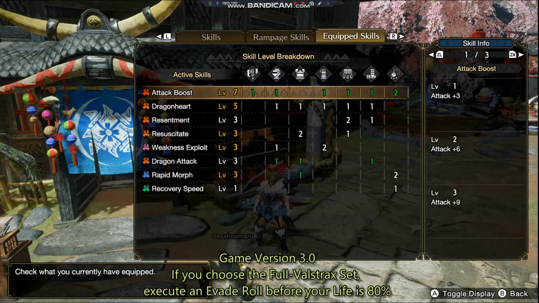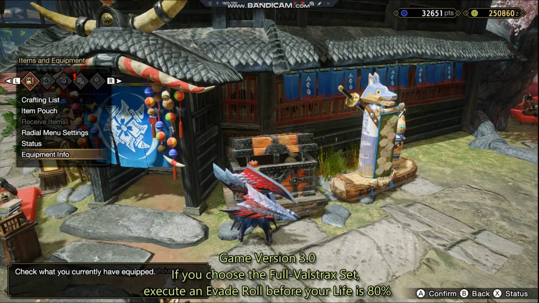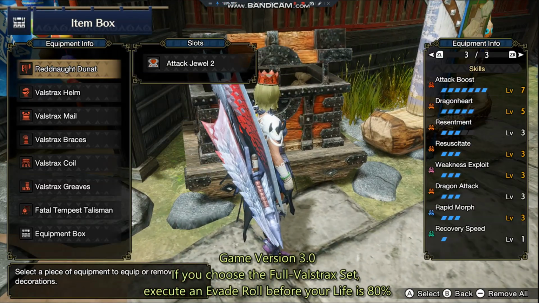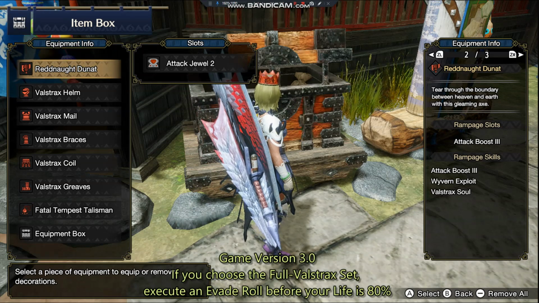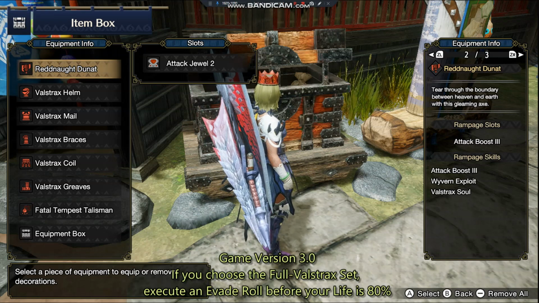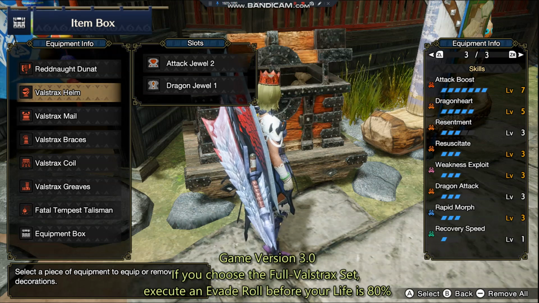Also here we have the set skill Dragonheart: you contract Dragon Blade when you're at 80% health or below, and you gain 10% attack power, and I think that's the reason to use 5 pieces of Valstrax. And I'm also going to show you the decorations. For the Rampage skill you can also use Valstrax Soul, but I recommend using attack boost 3, but you also can use Valstrax, so I think they are at the end pretty much the same. On the Reddnaught Dunat I have attack jewel 2, on the Valstrax Helm attack jewel 2 and